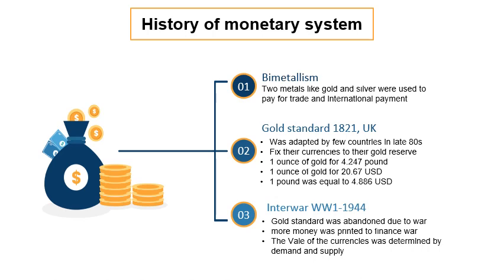But later on, there was a phase of interwar, where the fixed exchange rate, which was the gold standard, was abandoned due to war, because many countries like the US printed more money to finance the war, and that's why there was inflation, and people used fiat, the paper money. So that's why they abandoned the gold standard until 1944.